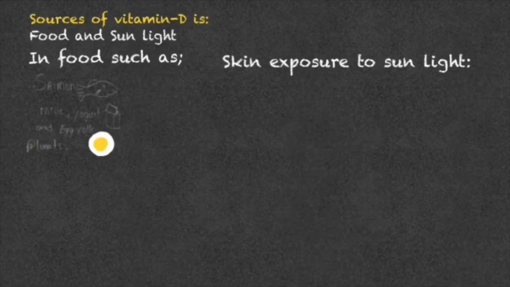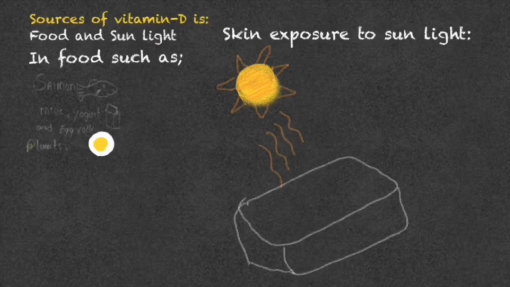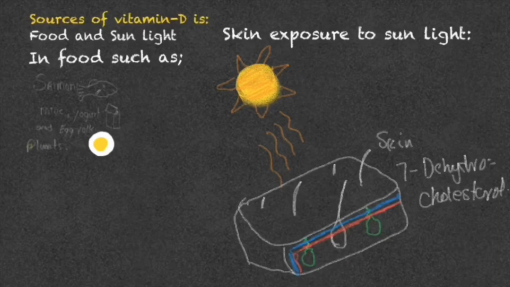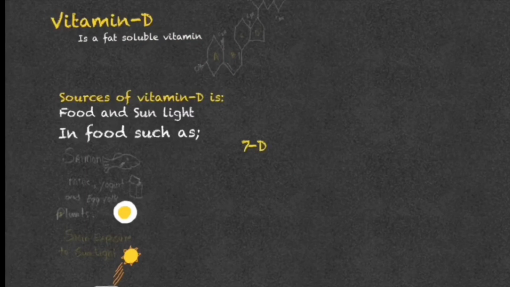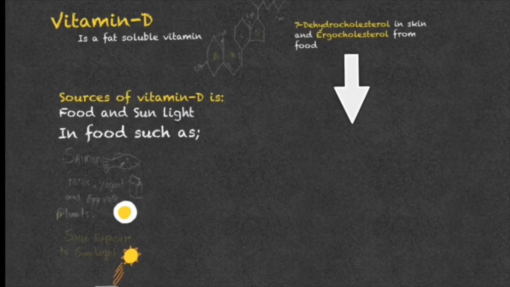So skin exposure to the sunlight: let's imagine here is the sun and here is the sunlight and here is the skin. In our skin there is a chemical form or precursor of vitamin D, 7-dehydrocholesterol, which is converted into cholecalciferol. Now, 7-dehydrocholesterol from the skin and ergosterol from the plants is converted in our body into cholecalciferol and